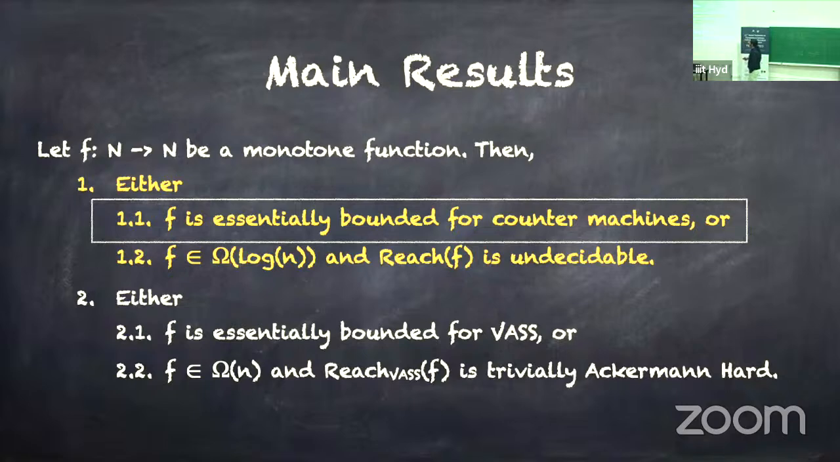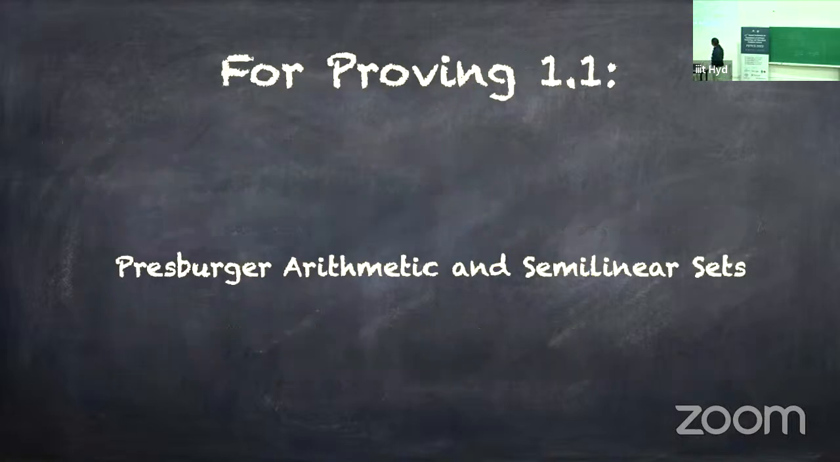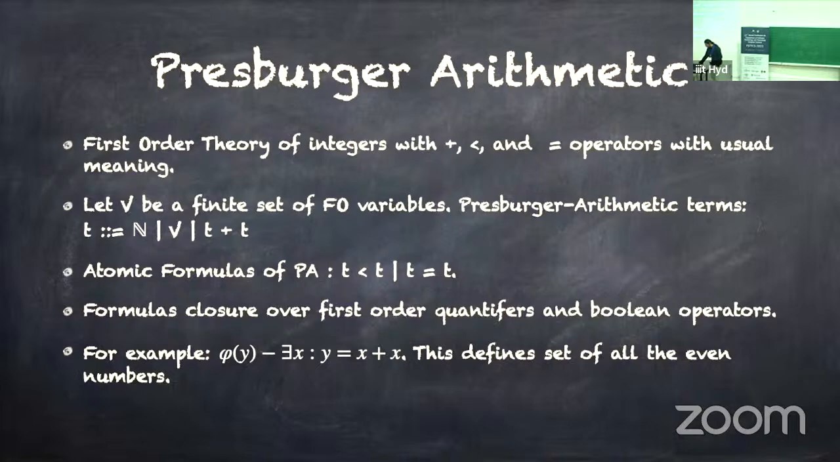Now, the more interesting part is this: if f is essentially bounded for counter machines, if f grows slower than logarithmic, slower than log of n. So how do we prove this? For proving this, we basically need the tools from Presburger arithmetic and semilinear sets. And I'll just quickly go over these